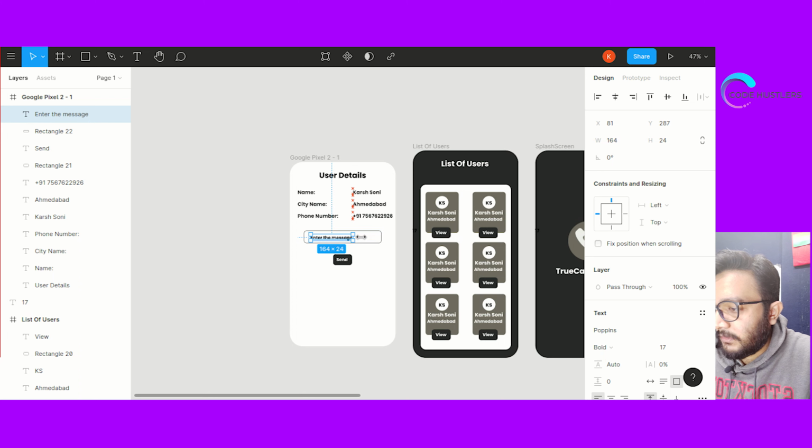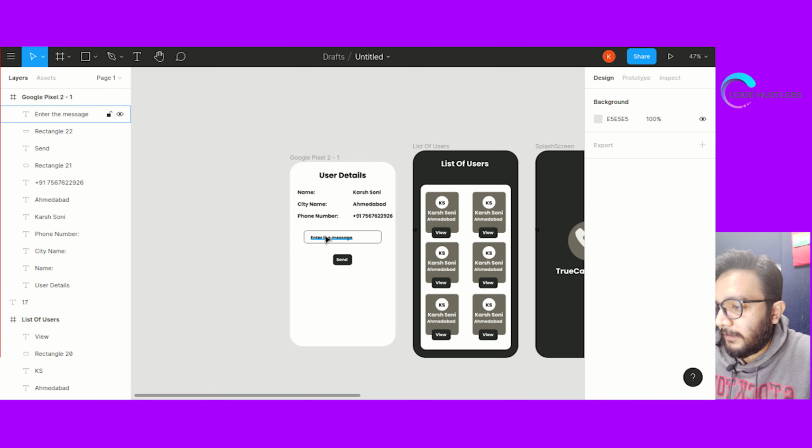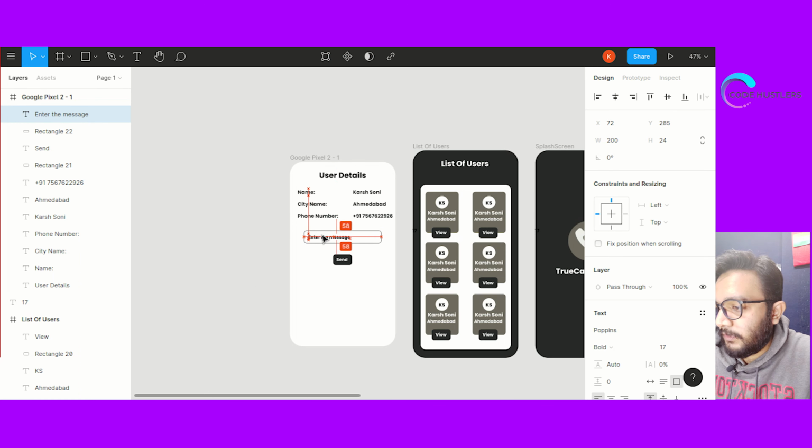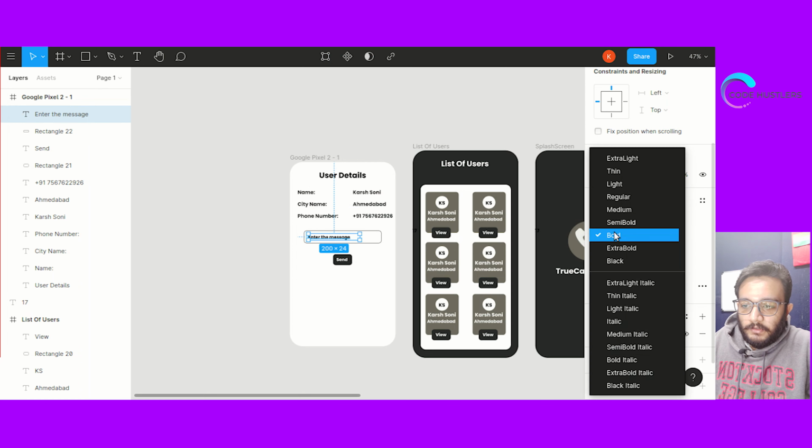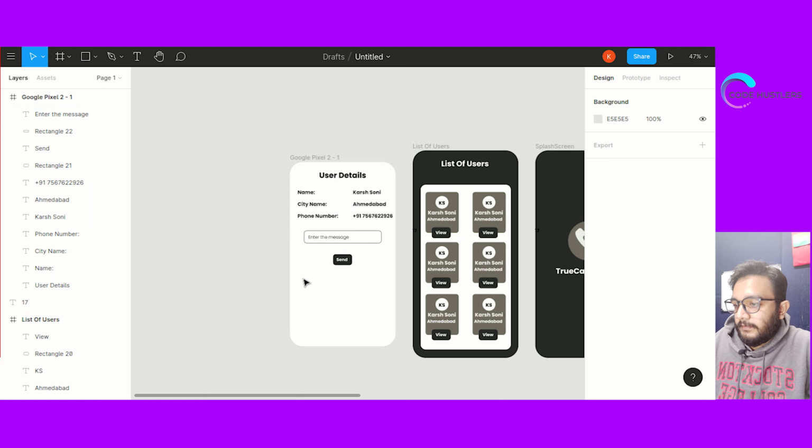You need to understand by yourself. Just put it in center, give it a bold light into the message, and it's done.